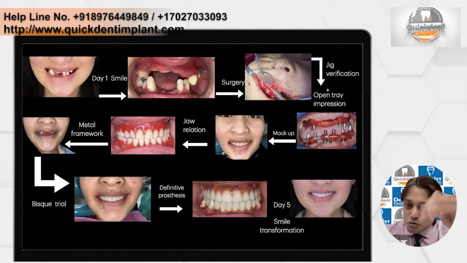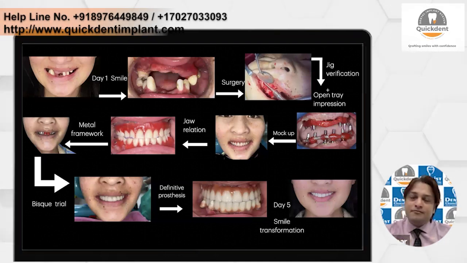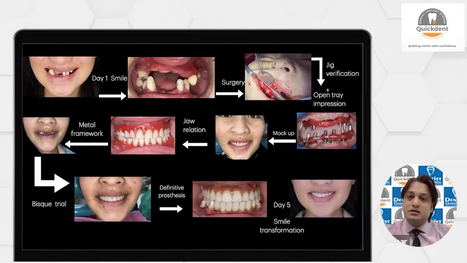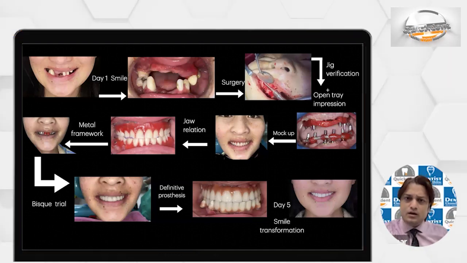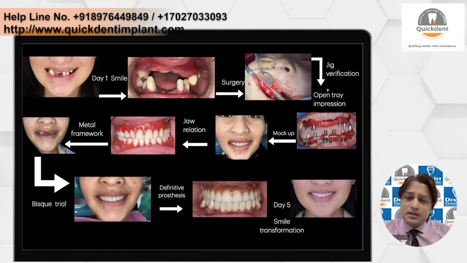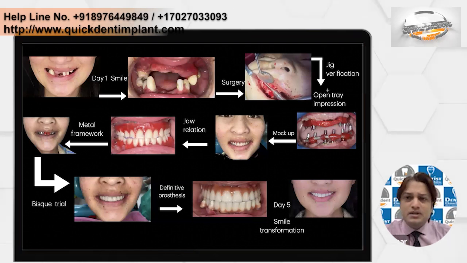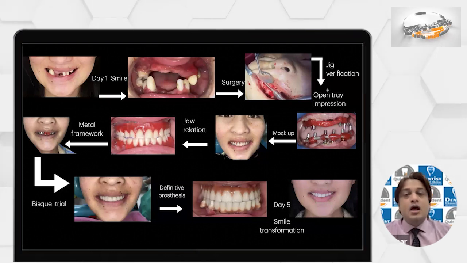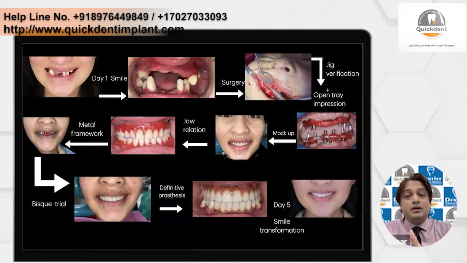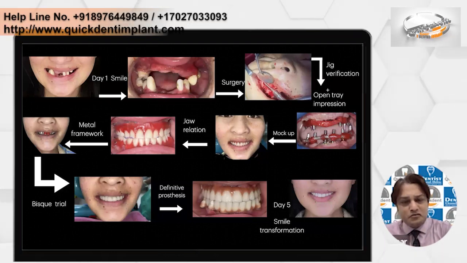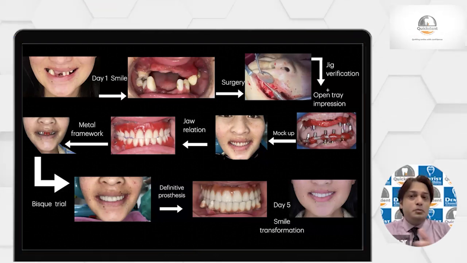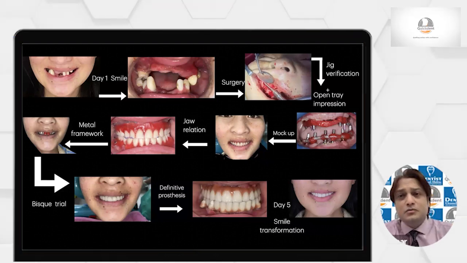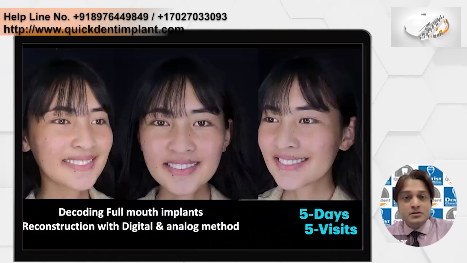Today in this webinar I will be emphasizing how you can do the transformation prosthetically or surgically, with a digital method as well as an analog method. The analog method is the conventional method where digital components are rarely used. The digital method is where nowadays you will see a lot of digital things happening. I'll show you both methods, compare them, and we'll come to a conclusion about which is best, or which is not.